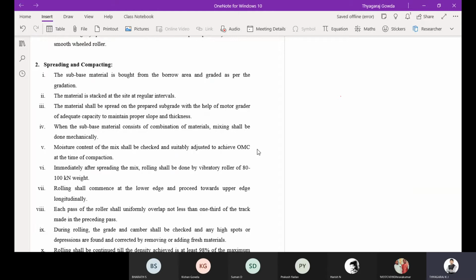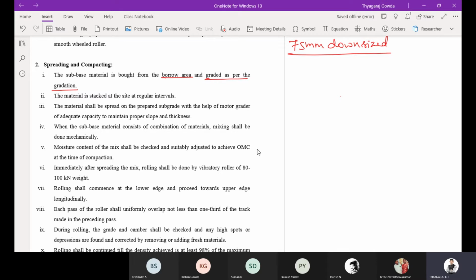Usually the sub-base material is brought from the borrow area and graded as per the gradation. We all know the gradation: 75 mm downsized aggregates we are going to use. You borrow from the borrow pit if it is soil, or from the quarry or crusher if it is aggregates, and you should grade as per the gradation.